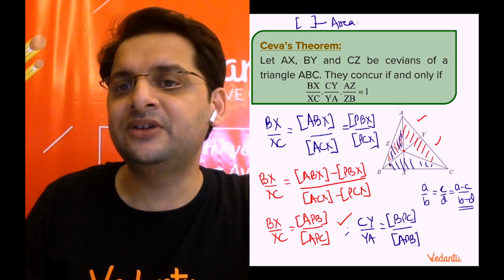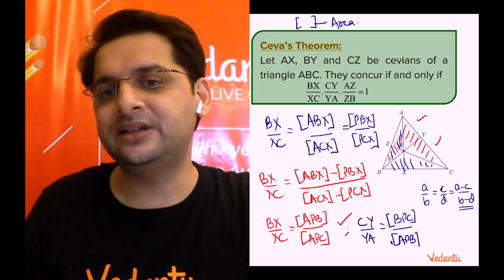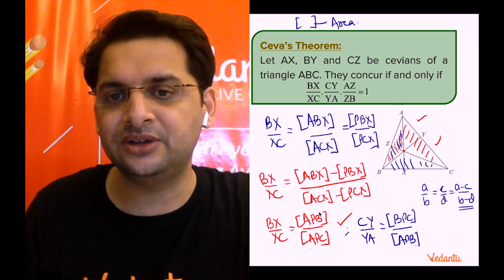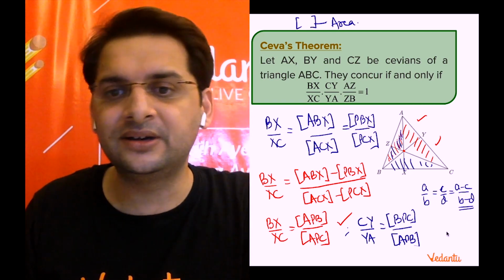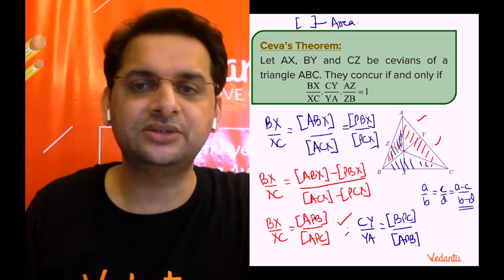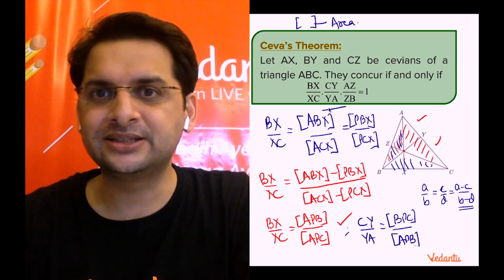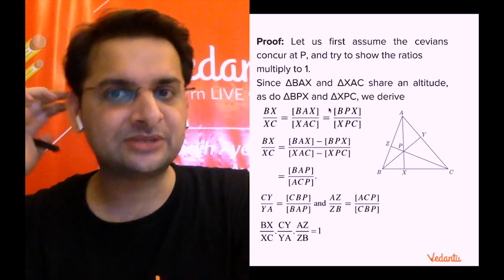And likewise for the third one, we can write the two ratios. And if we multiply everything, the right hand side, if you can see clearly, it will get cancelled out. So APB will get cancelled, BPC will get cancelled from the third ratio, APC again from the third ratio. So this ratio will come out to be 1. I hope this is clear to each and every one. You can have a look at the proof. This is how I explained.